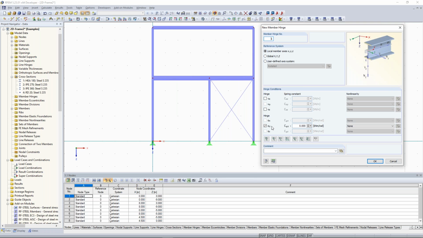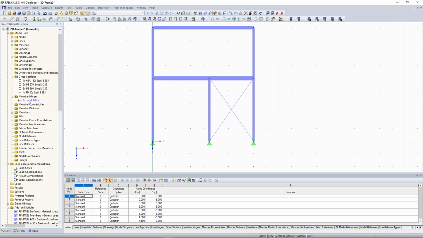If you want to create a moment hinge, so no moments will be transferred to the other member, you have to activate VY, so the hinge. If you want to create shear hinges or normal force hinges, you have to activate the displacements here, UX and UZ. For that, we want to create a moment hinge. We have to activate VY. You can also do it by clicking one of these shortcuts or icons here, set rotational release MY, and it has the same impact. So I choose the VY, click on OK,